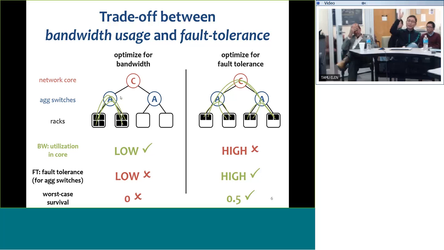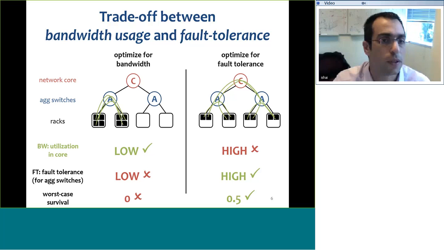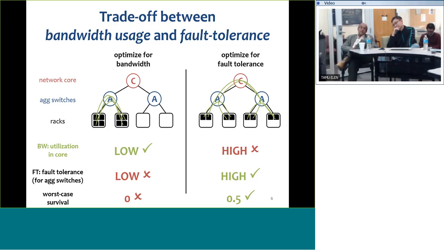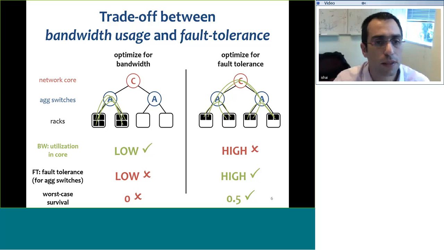But I'm saying it's a valid point. I'm not saying that it's not a valid point. I'm just saying that in our context, it's not very relevant. But okay, I'll be happy to take it offline if you have more specific observations, and I'll be happy to discuss it further with you. I don't have specific knowledge of the relative power consumption of those three layers. I was just wondering if you did, that's all. Yeah, I do have some knowledge about it, but again, the context here is a bit different.